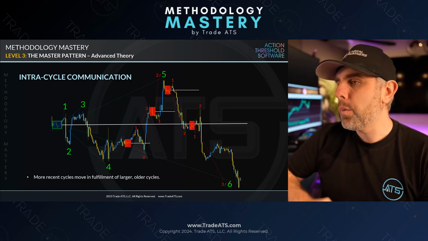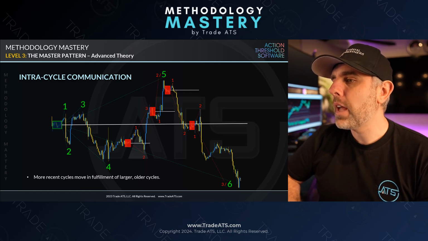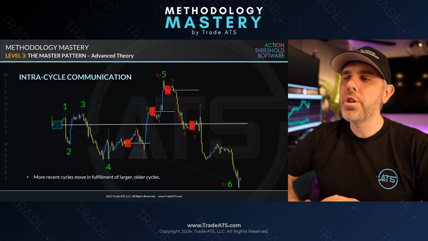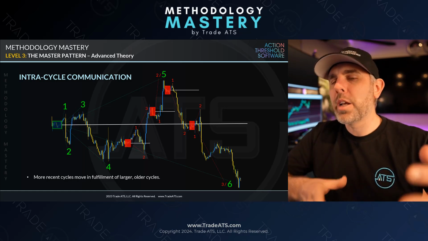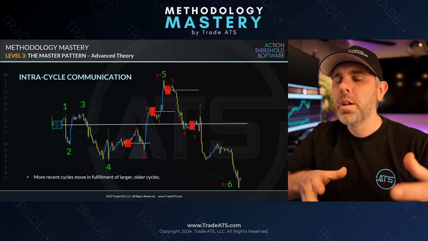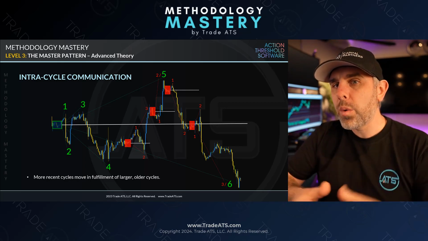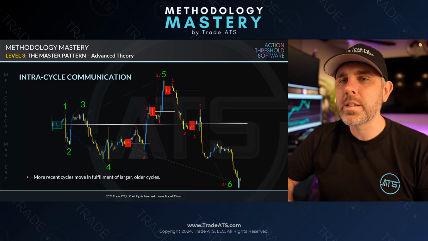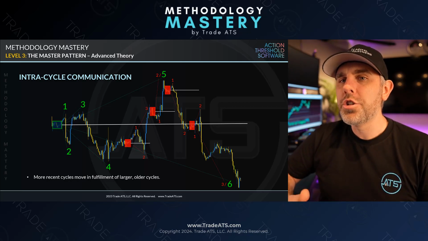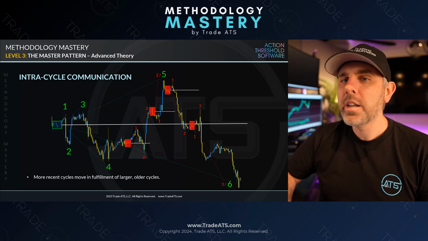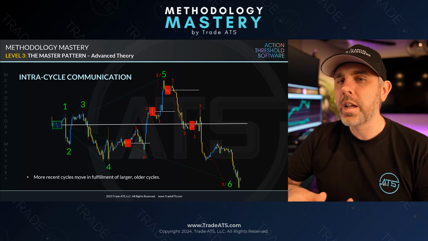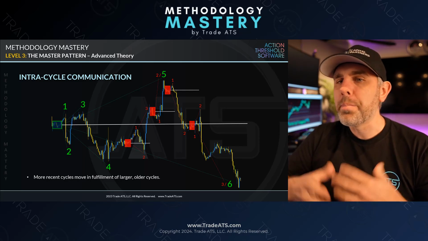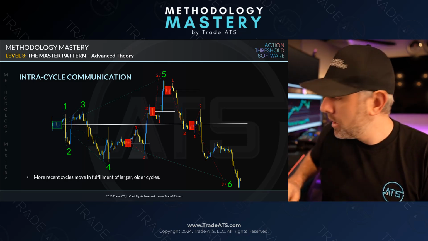So anyway, I don't want to spend too much time on this, but that's really what the deal is here. If you could spot where you're at in the overall cycle, then when you get cycles within that, the higher time frame cycle is always the one that's the most in control. So these other cycles on lower time frames are going to have the same characteristics, but the fulfillment of those cycles is ultimately predictively going to be in fulfillment of the bigger, higher time frame cycle. So as you work those smaller cycles, that'll affect your bias to how you want to trade those smaller cycles. So that is intracycle communication.